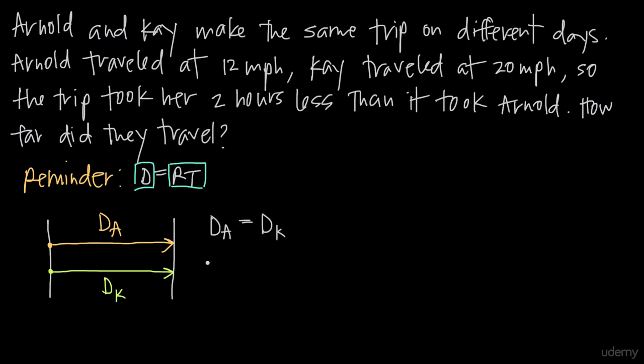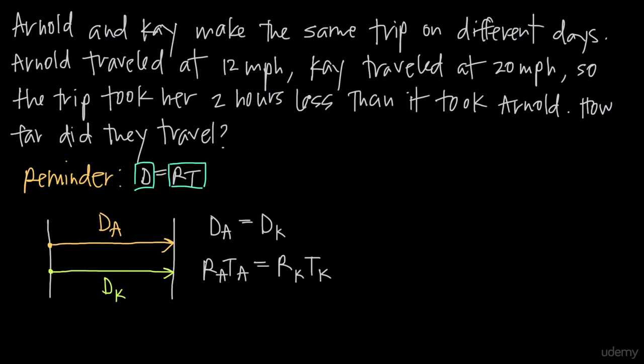So we can say Arnold's rate, r sub a, times Arnold's time, t sub a, is going to be equal to Kay's rate times Kay's time. We just substituted rate times time for distance. Since we know that their distances are equal, we know that the product of their rates and times are also going to be equal. The reason we wanted to get to this point is because the only information we've been